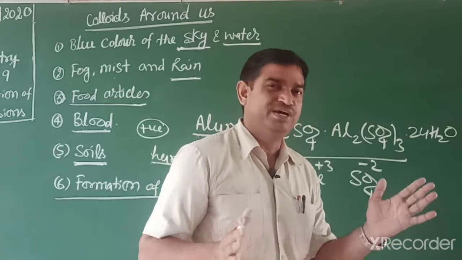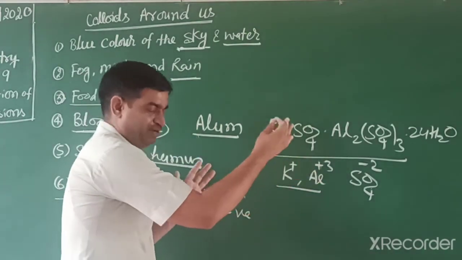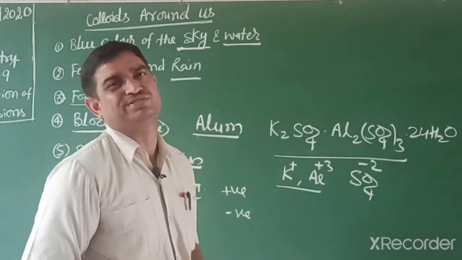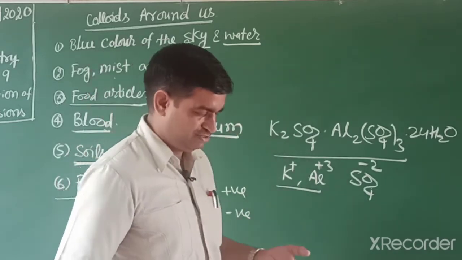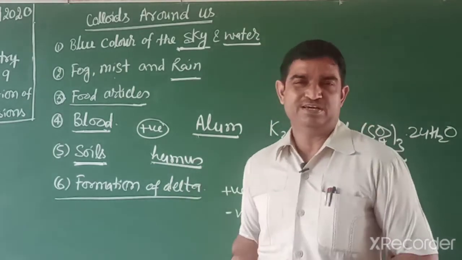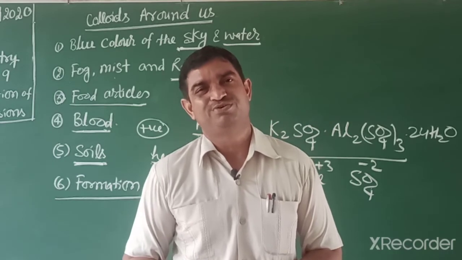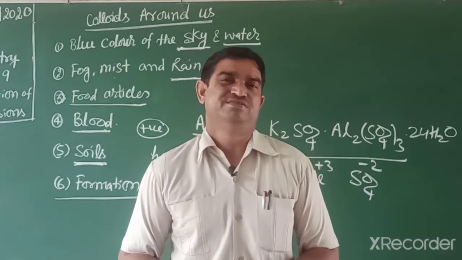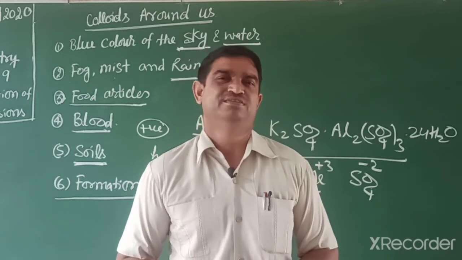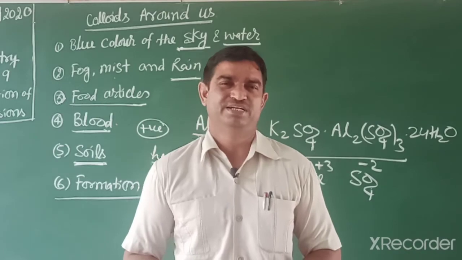So near the marine area, because the river takes particles, and when it mixes near the sea, there is an electrolyte, and coagulation occurs. So all these factors we can observe in daily life. Another example is cement. Cement is also a colloidal sol, with different properties. We will explain how colloids are used in industry.